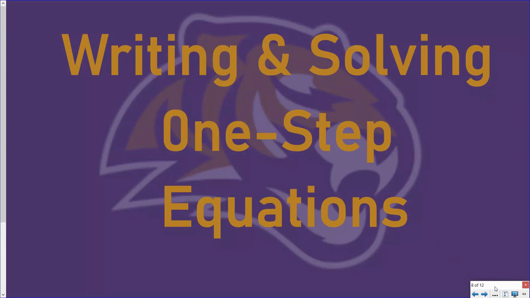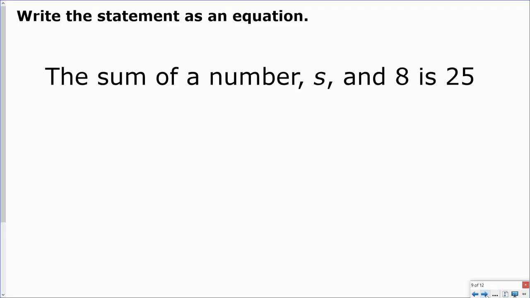In this video, we are going to take a look at writing and solving one-step equations. So we're just going to look at some basic statements here, and we're going to write some algebraic equations to represent those statements. So when I look at the sum of a number s and 8 is 25,